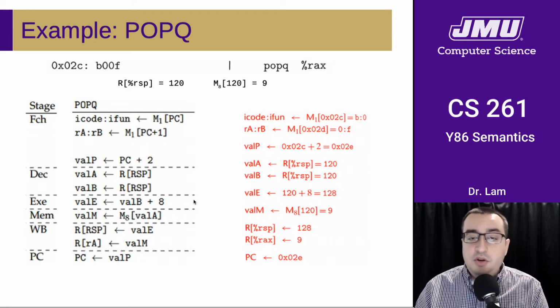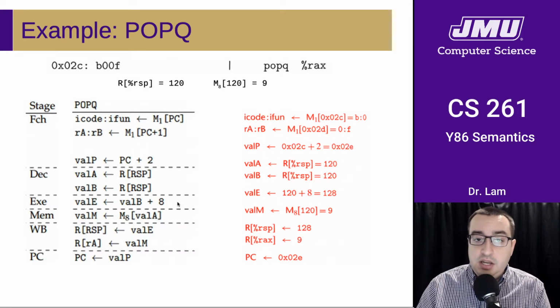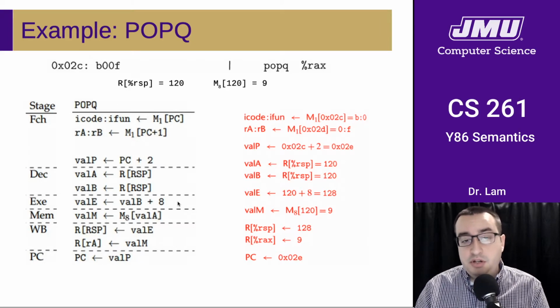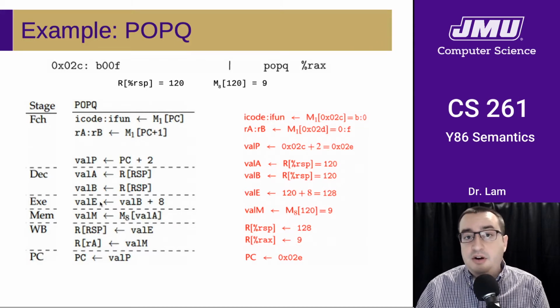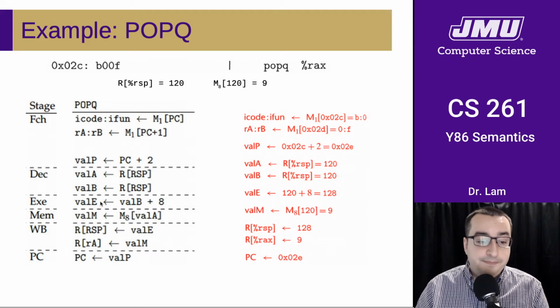So the next thing we do is we go to the execute phase where we're doing an arithmetic operation using our ALU. Here's an example of where we're doing an arithmetic operation not because we're doing an arithmetic instruction, but because we need to calculate a new effective address. So we need to calculate the new stack pointer since we're popping something off the stack. Since we are popping off the stack, we need to add an offset to the old stack pointer. So we're taking one of our copies of the stack pointer, val B, we're adding 8 to it, and we're saving that as our effective address, or val e.